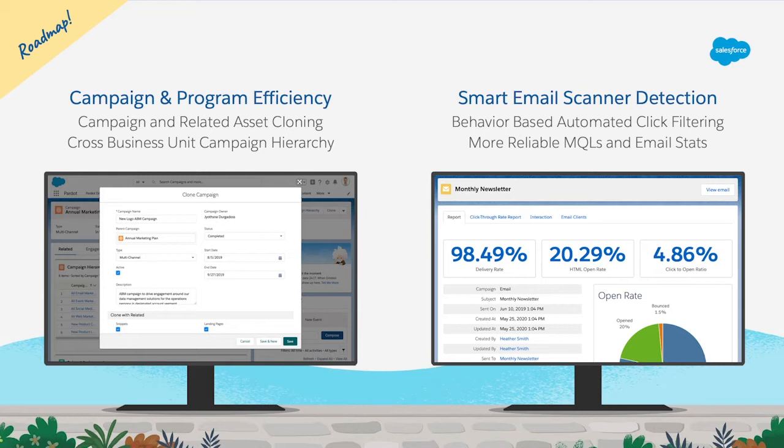The next feature I want to share with you here is Pardot's Smart Email Scanner Detection, which will filter out automated click activity on emails so that you can be sure you can trust the data you see. Pardot is constantly monitoring for email clicks that are coming from spam filters and security scanners to prevent them from polluting real click data from real prospects. Our proprietary algorithm effectively filters out activity based on click behavior in a way that is always up to date. You don't have to worry about inflated click-through rates or MQLs getting handed to sales based on a click from